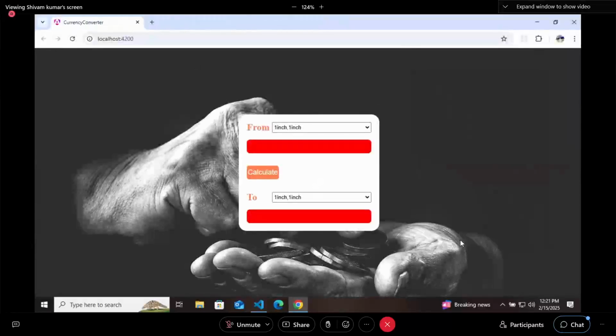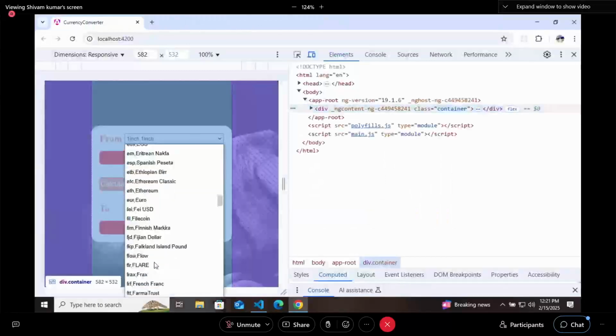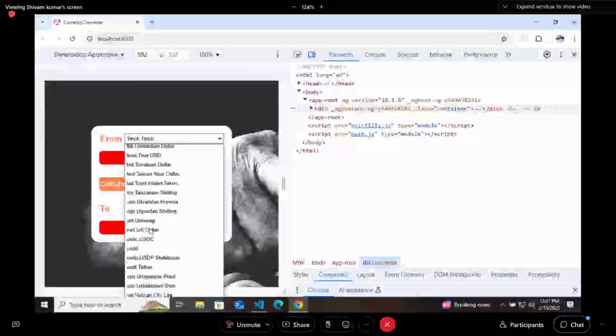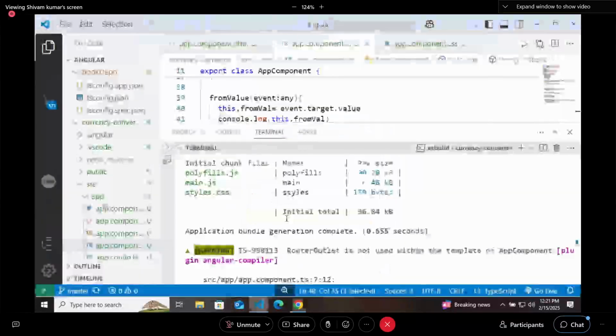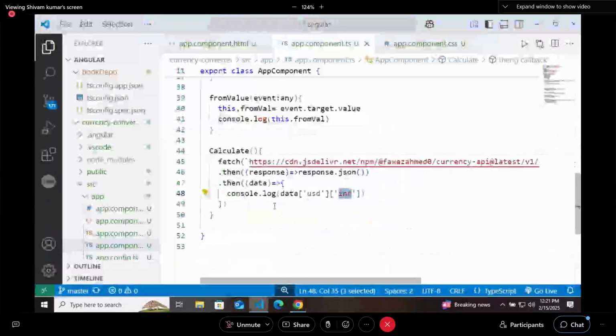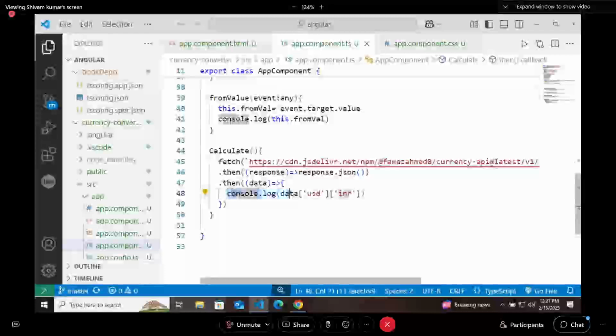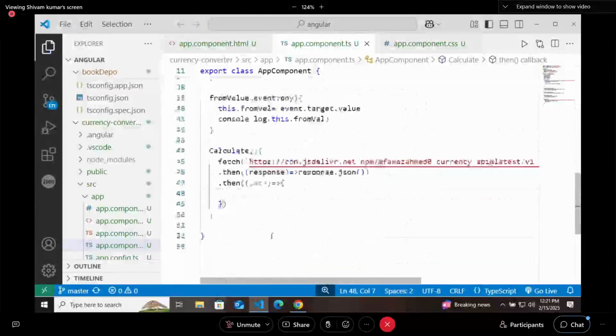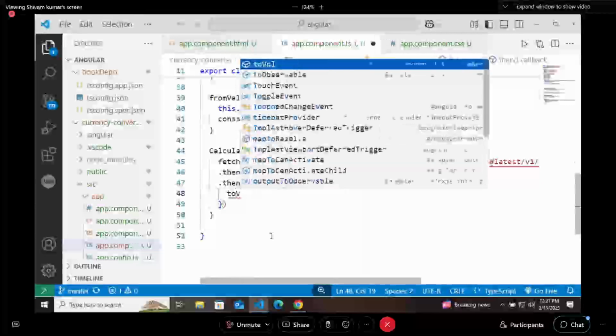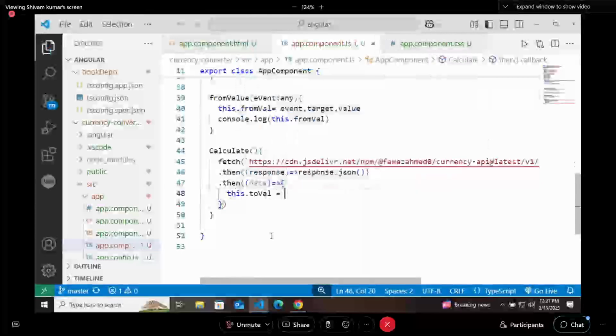Go to inspect. I will select US dollar here. Selected, calculate. And you got the conversion rate. So very good. Now, instead of printing this data, you need to calculate toWel here. toWel is equal to what?